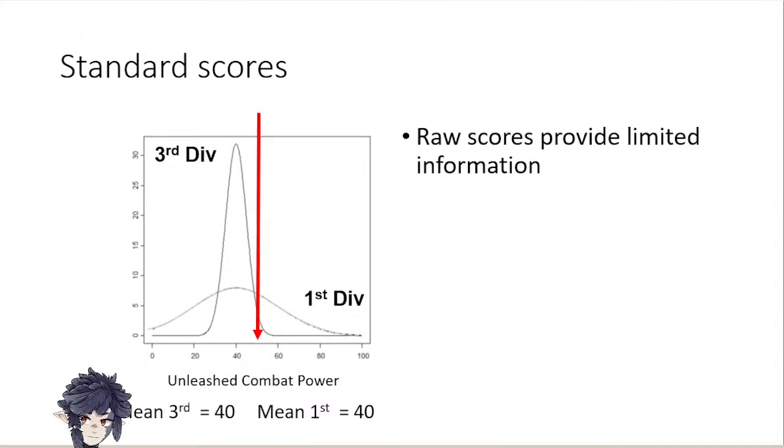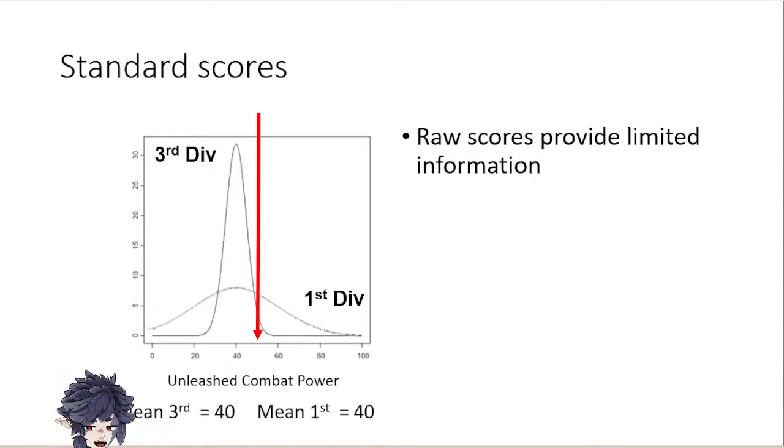So the raw score, that 50%, doesn't provide us much information. Different anime use different power scalings. Initially, I wanted to compare two characters in two different anime with different ways of power scaling, for example, maybe compare Hikaru to Goku from Dragon Ball Z or Yo from Shaman King. Those also have their own numeric power level systems. And you could do that with Z-scores, but unfortunately, it didn't work well in a graph because their scales are so different. But when I say Hikaru has 50% unleashed combat power, that doesn't necessarily tell you how strong she is,